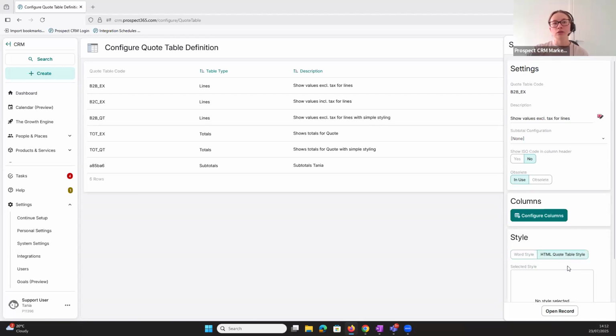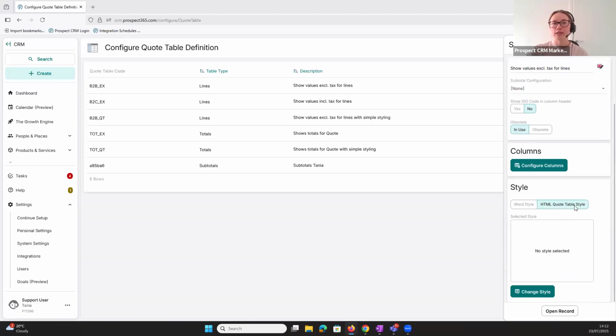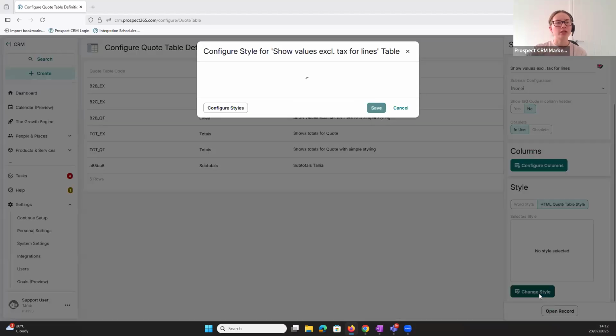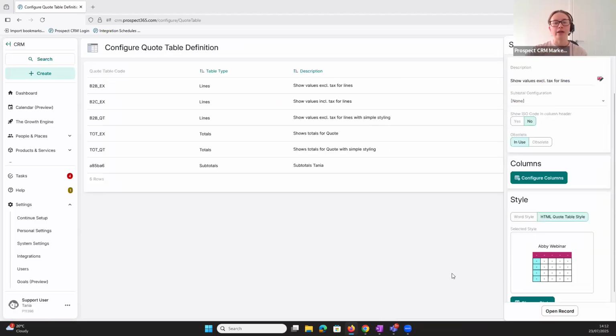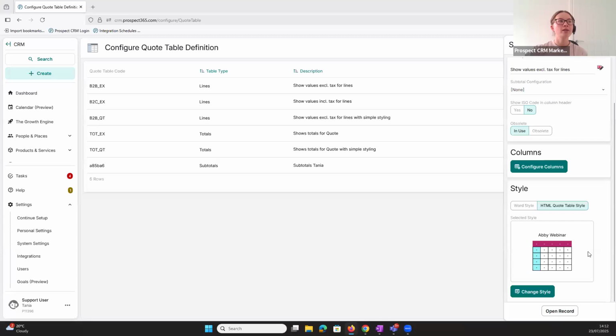If you wanted, you could use our new HTML quote table style, and this is going to be used for emails as well. The way you select this is by changing the style, and you'll notice the one I created here is ready. So I'm just going to click there and click save. And now I know anybody who generates this quote table is going to use this styling,